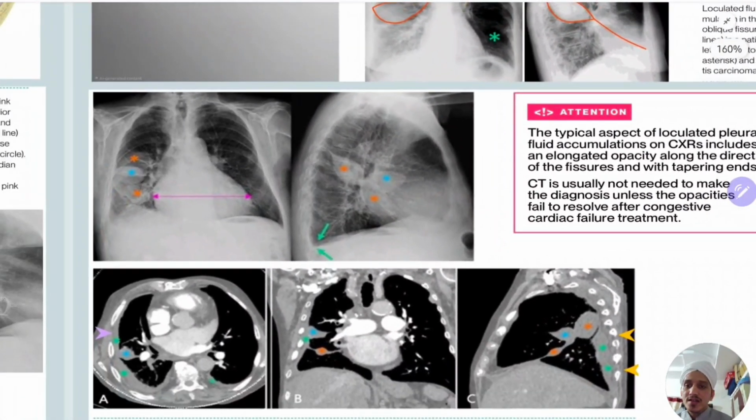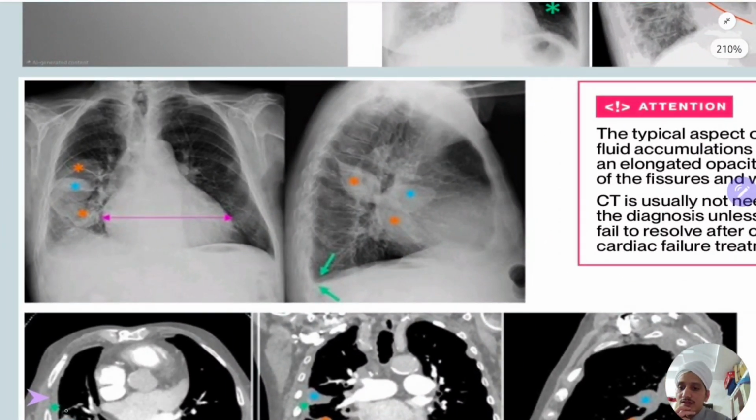Other pictures, so you can see in these pictures also. Here this is the horizontal fissure. You can see collection in this horizontal fissure, and blunting of the costophrenic angle is also there, and there is cardiomegaly also. See, there is cardiomegaly, and this is the left side and this is the right side. You see some loculated collection in the horizontal fissure also,